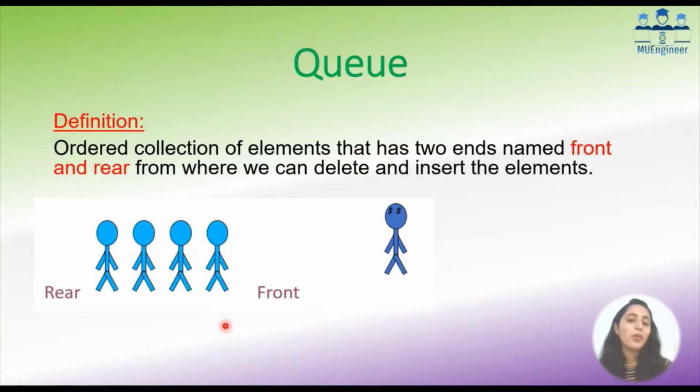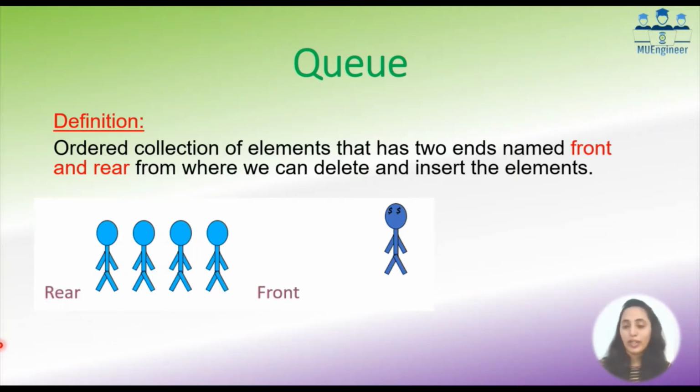So for example, this is a queue. You can resemble it with an example like a ticket window, where there is a person giving the tickets. There are people who have joined the queue to get tickets. The first one is this person. He is at the front of the queue, so I call this the front end. Then this comes second, third, and fourth. The fourth one is the last person in the queue, so I say he is at the rear end. The first one is at the front end, and the last one is at the rear end.